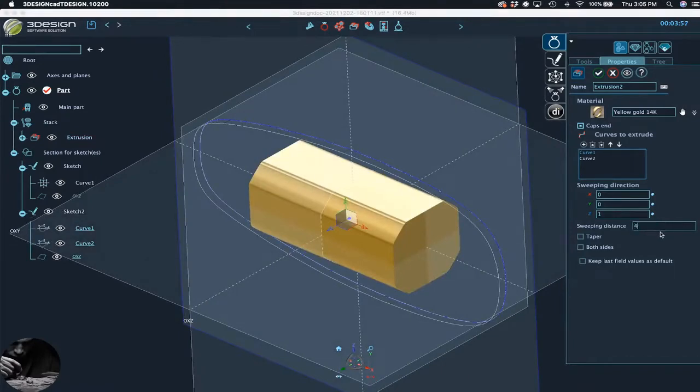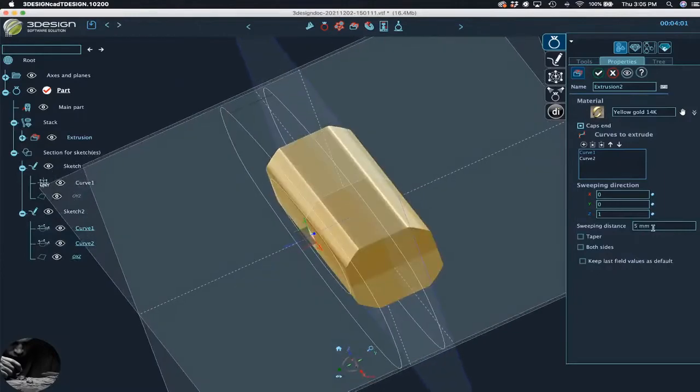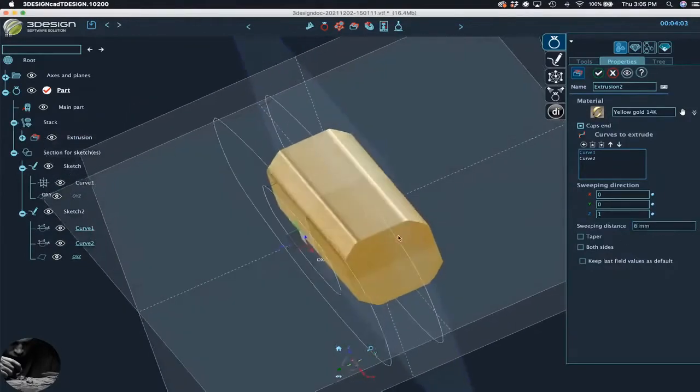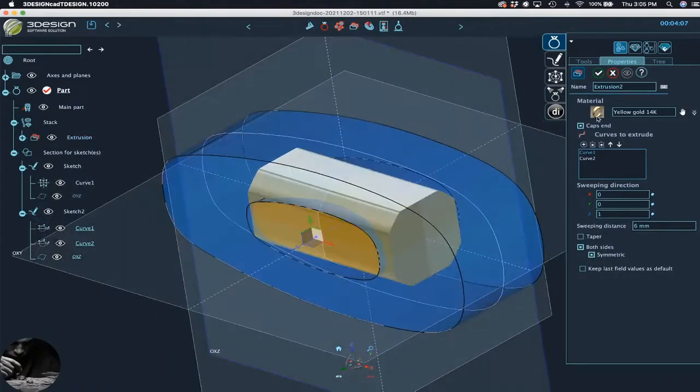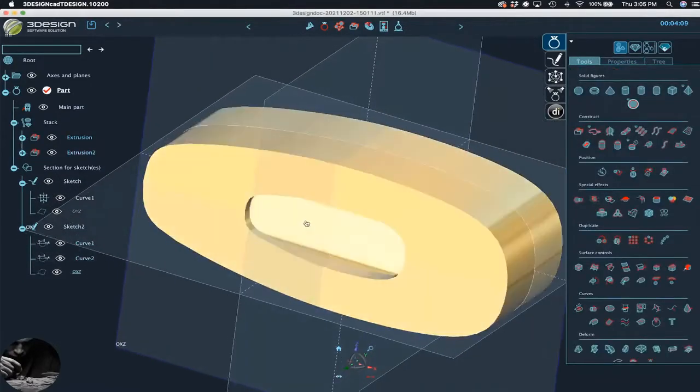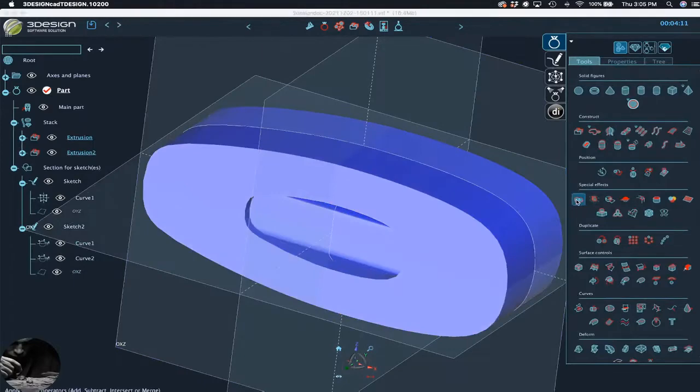So let's see, I think I'm using 5 or so, maybe a little bit more. Let's always go beyond the actual piece there, both sides, boom, and there we go. So now if we subtract this,